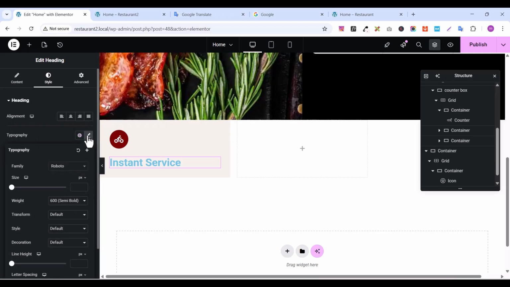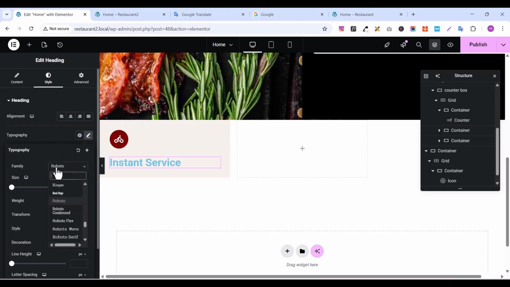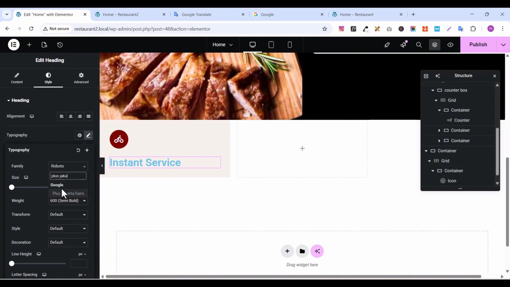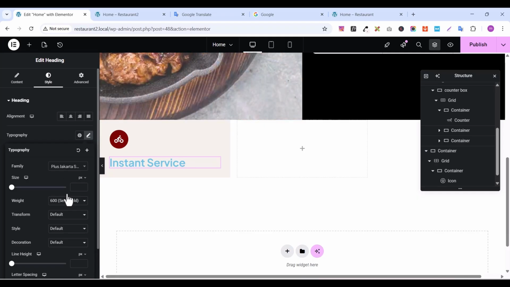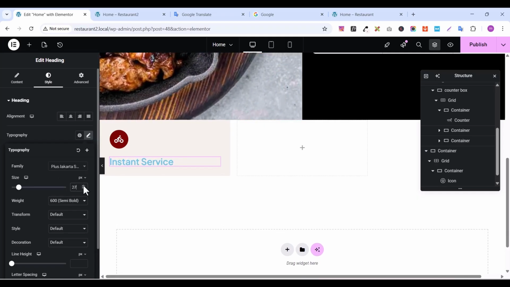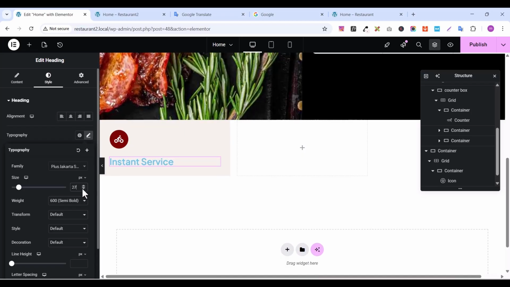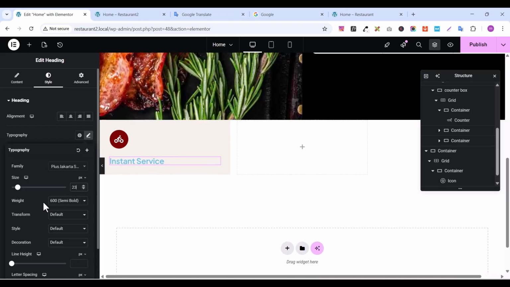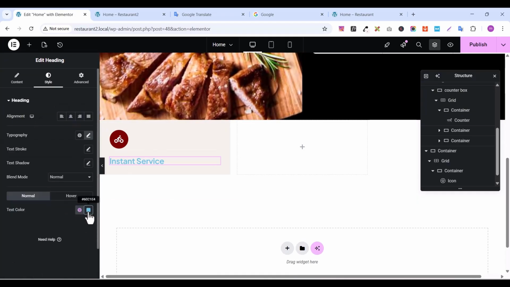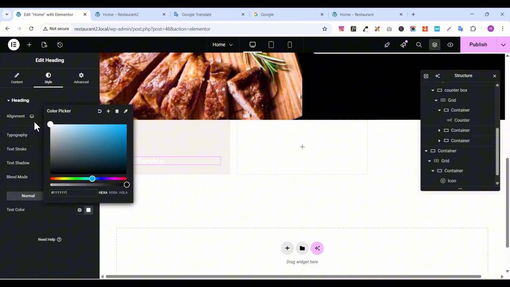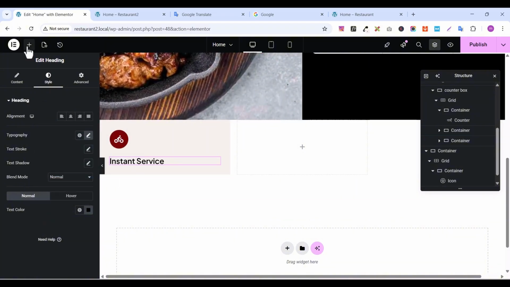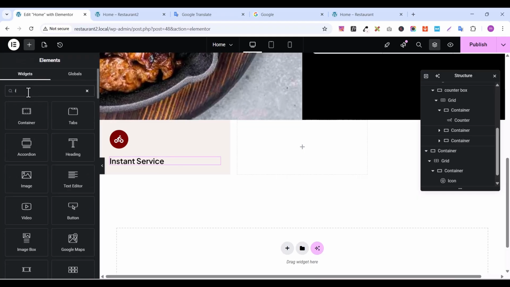Let's change the typography by going to font family and look for Plus Jakarta Sans, and let's increase the font size to 23. So let's bring it back to 23. 600 is okay. So let's change the color to black like this, and let's add another element again, text editor,